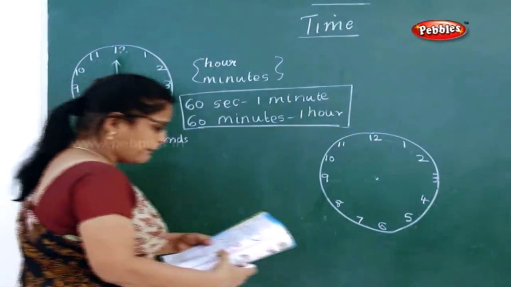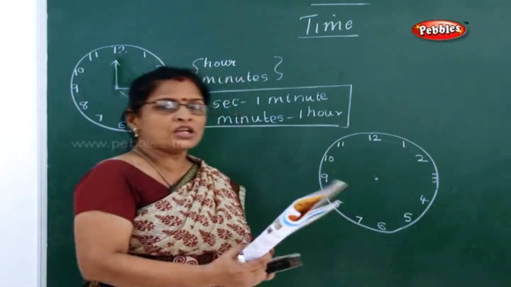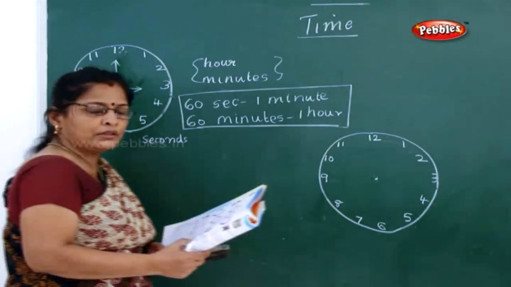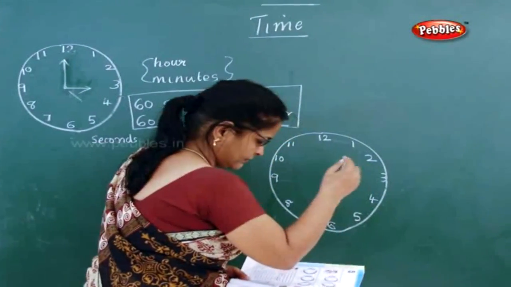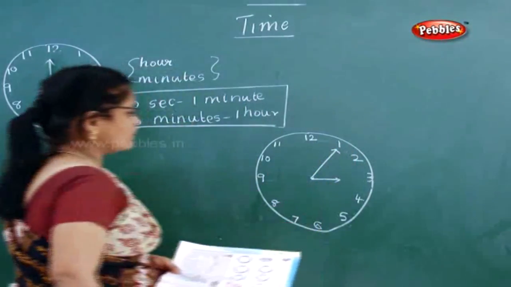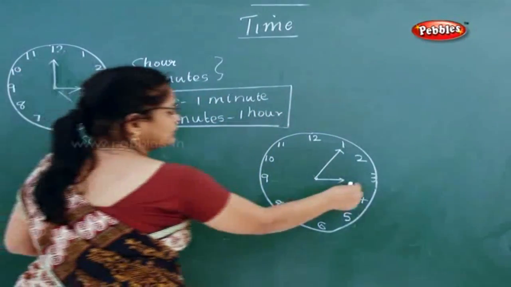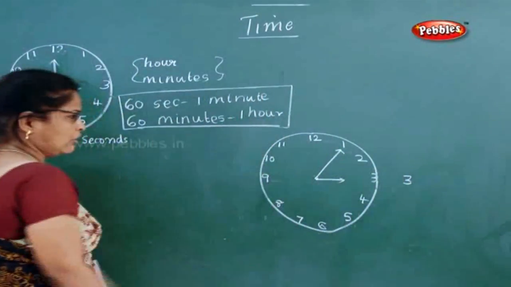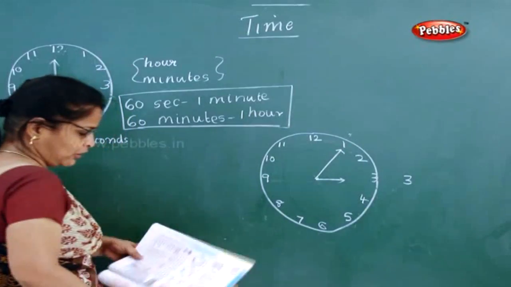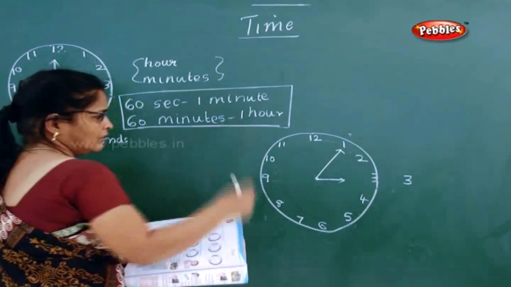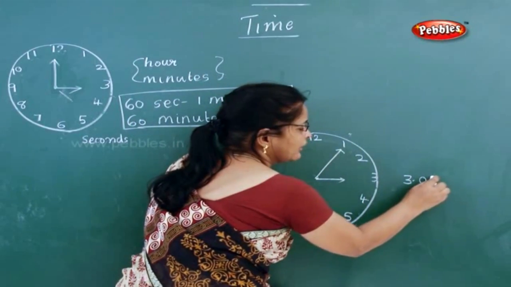Is it clear now? In your book, they have given 3 clocks. You have to find out what time each clock shows. Now just look into it. What is the time given? Now can you tell me what it is? See, I told you this means hours and this means minutes. So this hour hand stands at 3, so you will tell me 3 o'clock. Now minutes, where does it stand? I told you this will be 5, 10 like that. You have to tell what the time is after looking at this watch. It is 3:05.